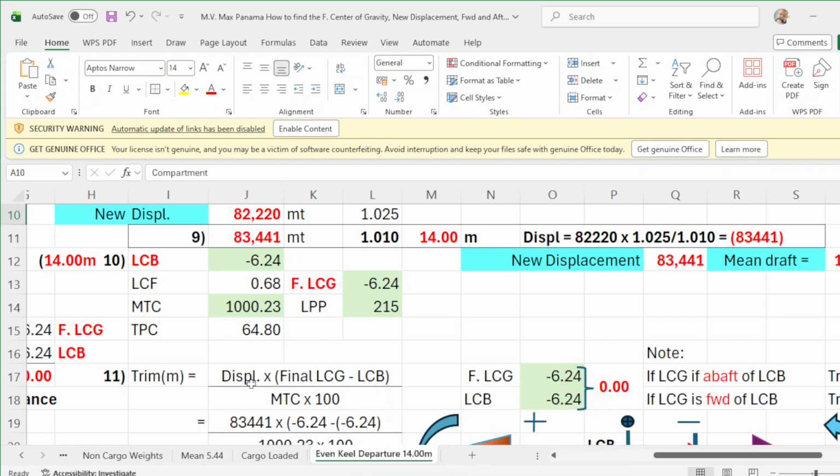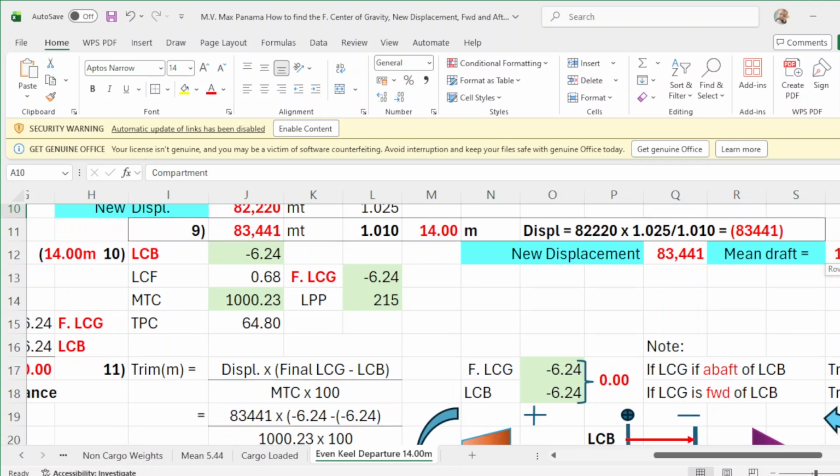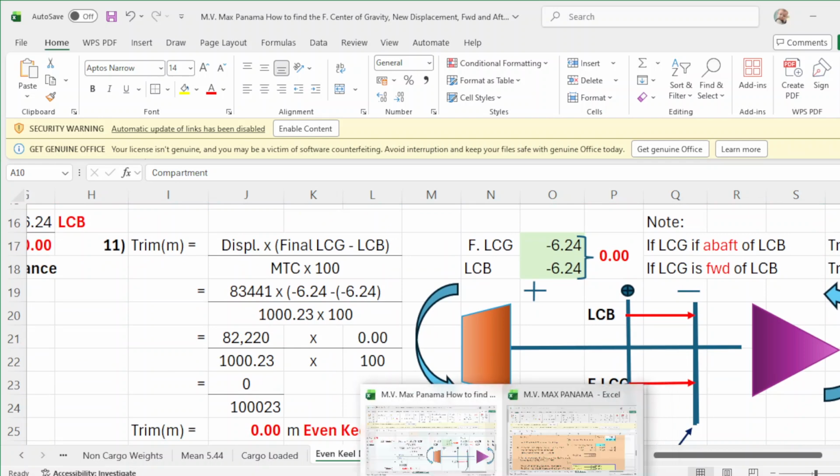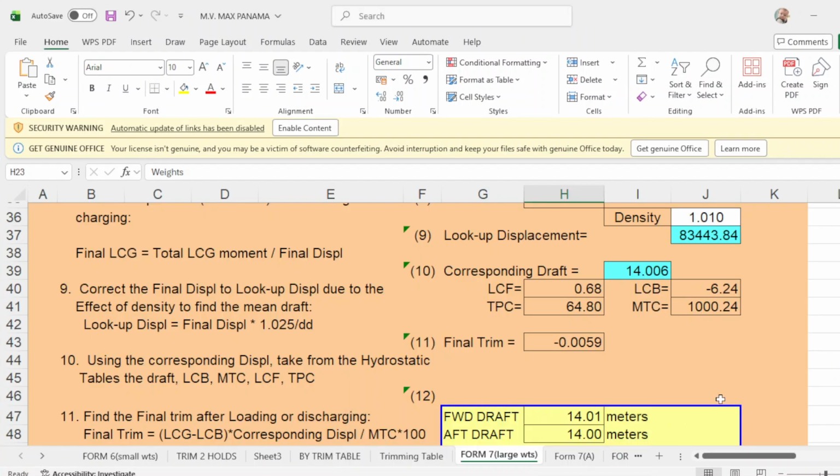LCB is negative 6.24. Okay? Then your final LCG is negative 624 and your LPP is 215. Then we go to number 11, which is this one. Number 11 is the final trim, which is 0.